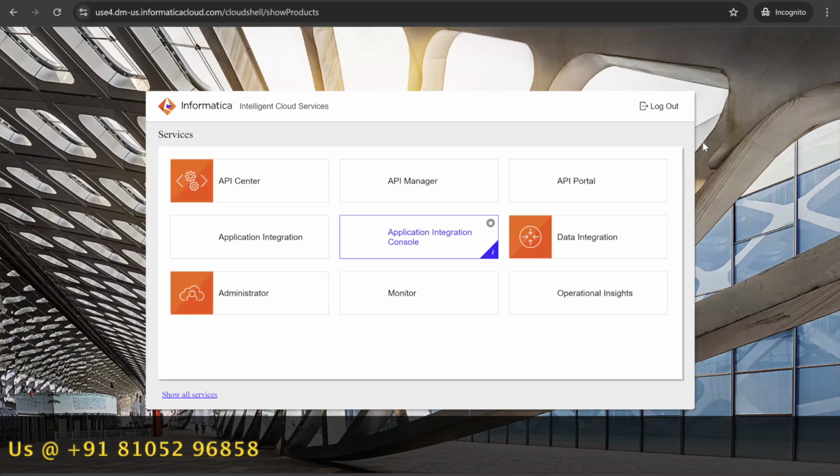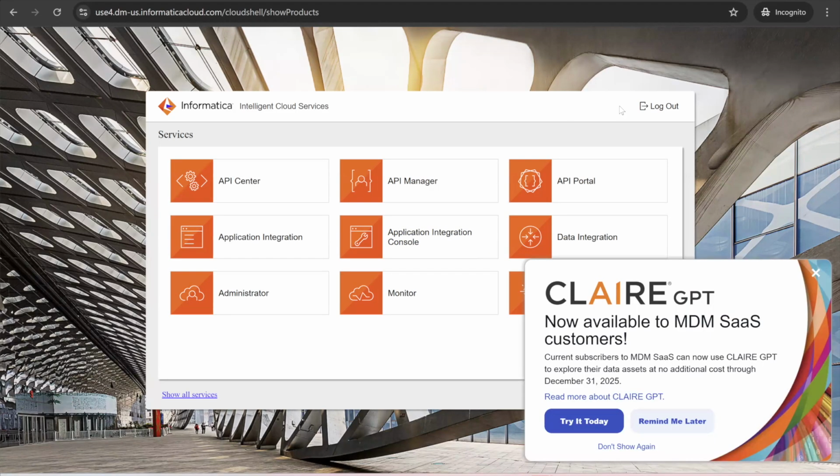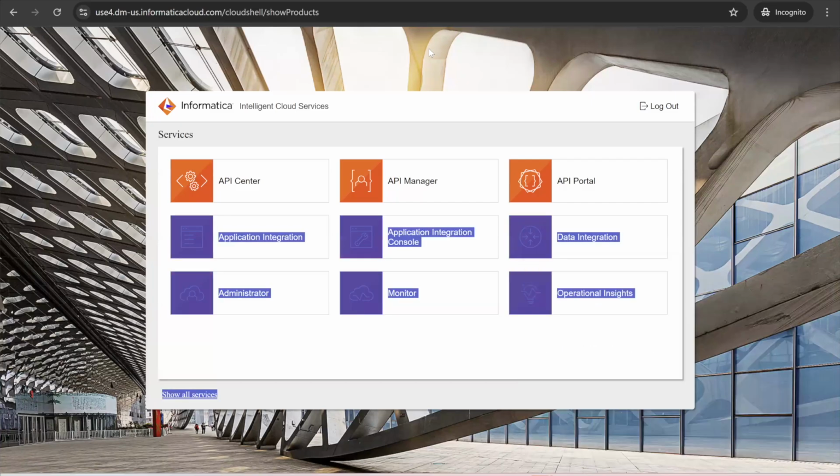The first step we need to do is check whether Informatica service is running or not. Once you log in, the first thing you need to check is whether Informatica services are running or not. So how to check?